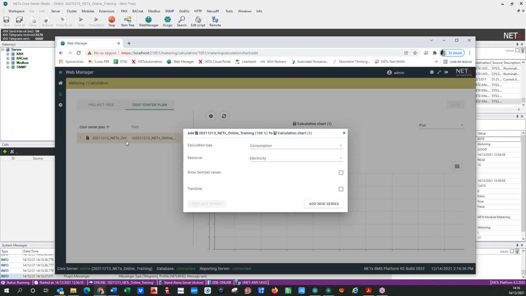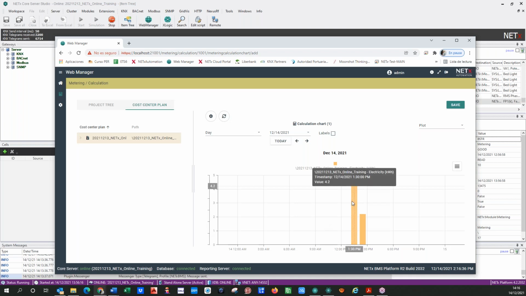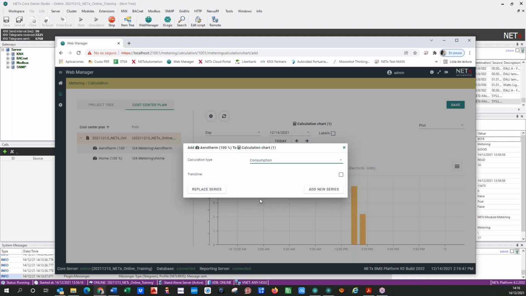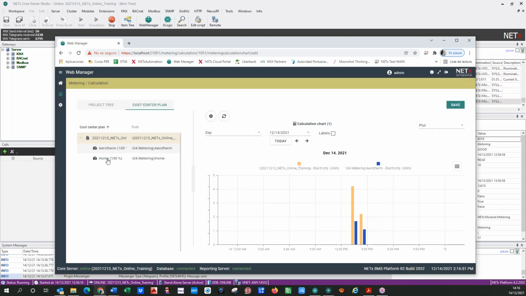So you can see dragging and dropping the consumption or the cost, okay? The consumption, the resource, and we can add new series. So you can take a look on what are you spending in your cost center here. And so you can also only take a look of, for example, the aerotherm. So maybe it's interesting to add this series and compare,